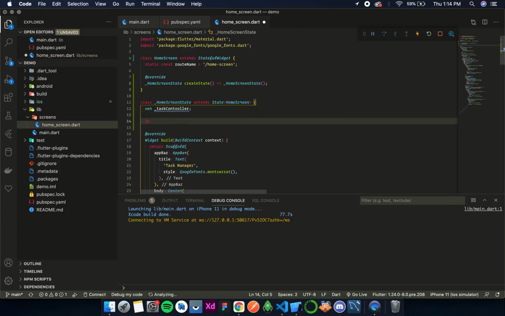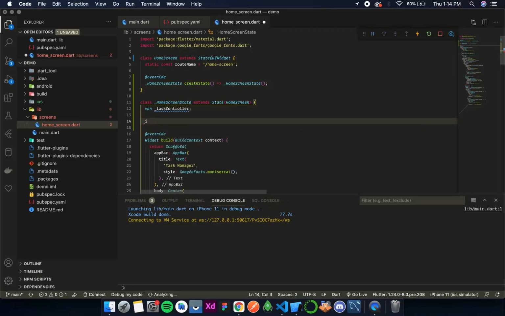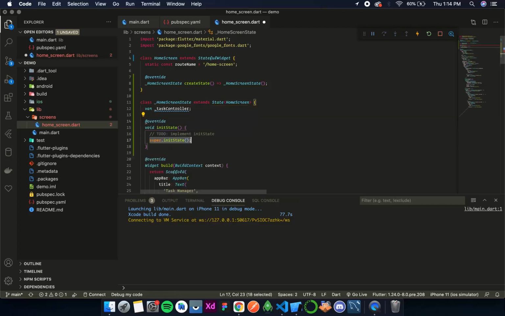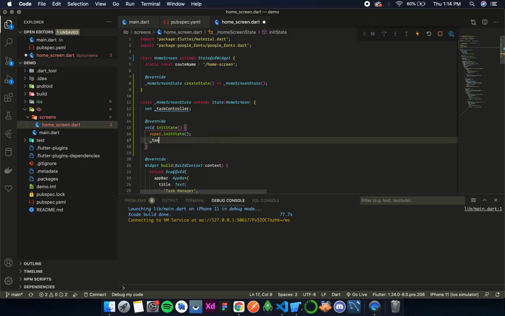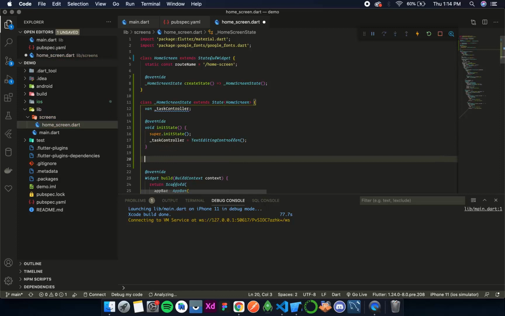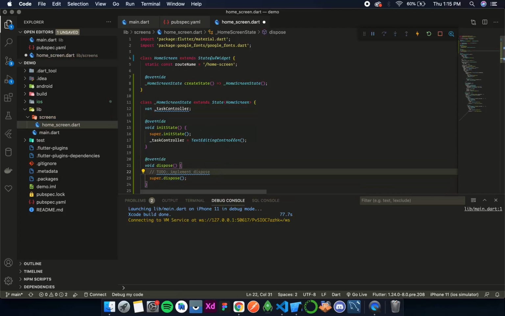Now over here let's override the initState. Now over here we'll write taskController is equal to TextEditingController, and now we also need to override the dispose method, and in the dispose method everything goes before this super statement as we have discussed in one of the previous videos.